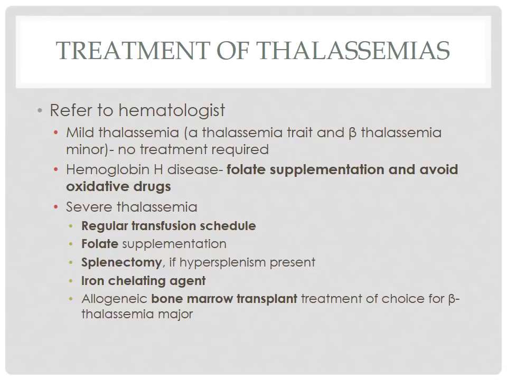If the patient has very severe thalassemia, they will be transfusion dependent, and they will require regularly scheduled transfusions. They also need the folate supplements due to the hemolysis. If there's a lot of hemolysis occurring, they will also have a spleen that's being overworked and have hypersplenism and require a splenectomy. If they're having lots of transfusions, there will be a buildup of iron, but since these patients do not have an anemia that is an iron problem, they need to be given iron chelating agents to make sure that they don't have iron overload. And an example of some of these agents are deferoxamine